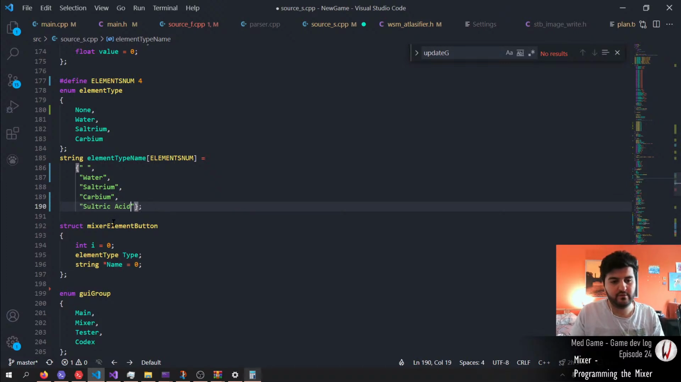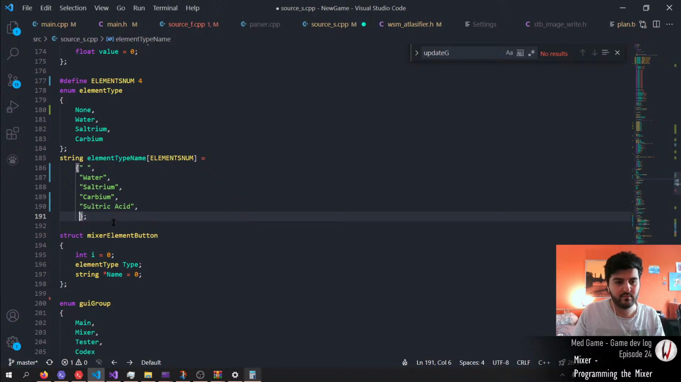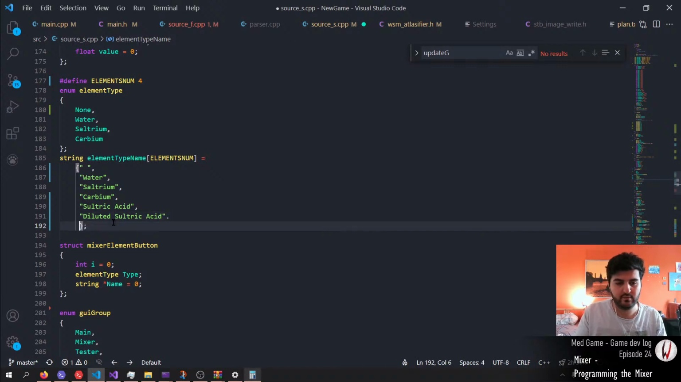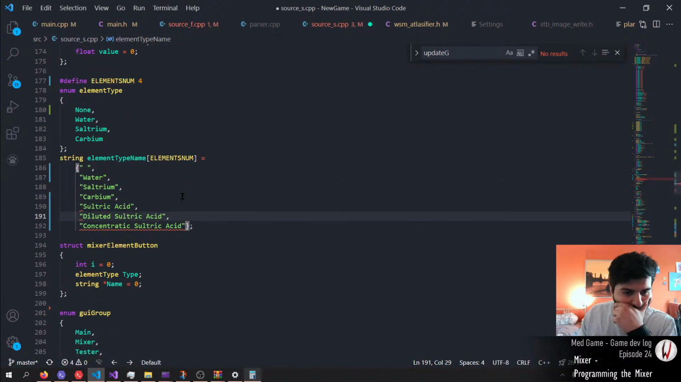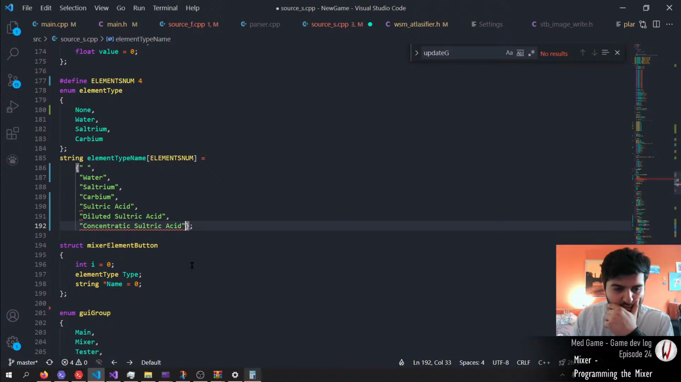Sulfuric acid. Diluted sulfuric acid. Strong, concentrated acid and